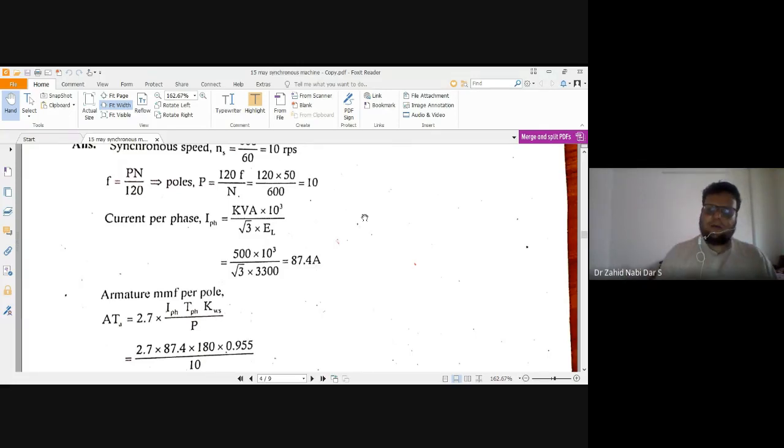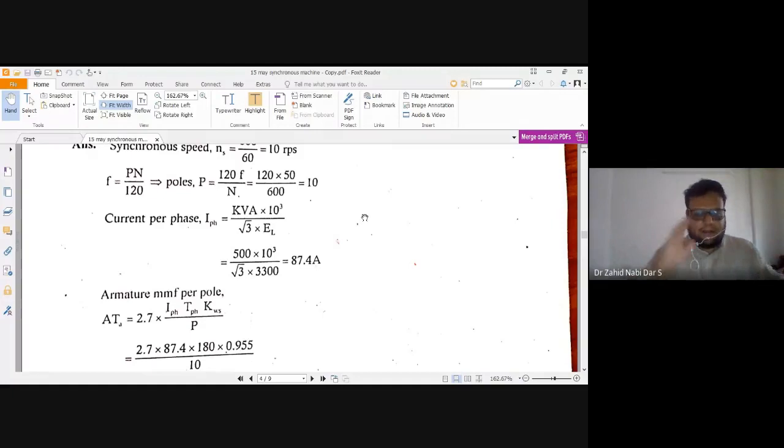Similarly, now in case of star, V phase will not be same as V line. So V phase, if you have to write in terms of V line, you have to divide by root 3. So it would be V line divided by root 3. I line would be equal to I phase. So I line would be written as it is, but V phase would be written as V line by root 3. So this 3 and root 3 will get vanished. So you get root 3 V line I line cos phi.